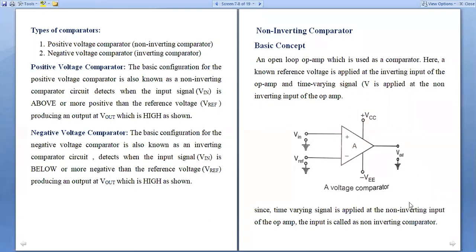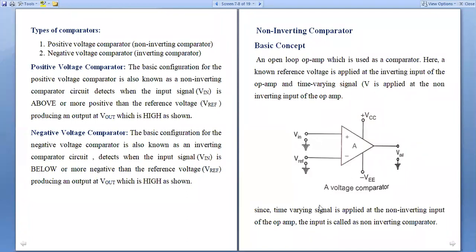So what will be the analysis? This is the theoretical form of the non-inverting comparator, where the input voltage is connected to the non-inverting terminal, and the reference voltage is connected to the negative terminal of the operational amplifier, the inverting terminal. Here we will see the reference pulse. Now the comparator has to compare the input voltage with the reference voltage, and the output has to be delivered.